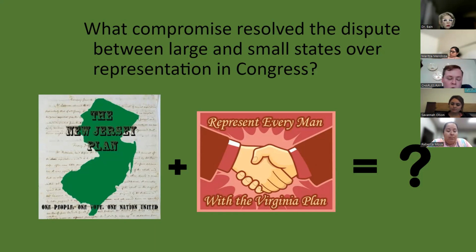It's going to be one person for every 30,000 citizens you have. That's going to be the lower house. They get to start all tax bills. They vote every 2 years. Then you have the New Jersey plan, which becomes the modern U.S. Senate. Everybody gets 2 senators. I don't care if you have 2 million people or 2 billion people, you get 2 senators. And they'll be there much longer. The whole idea originally was senators weren't even voted for. Thankfully, we fixed that one.